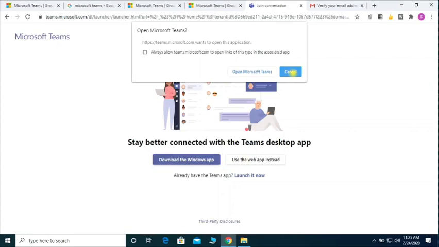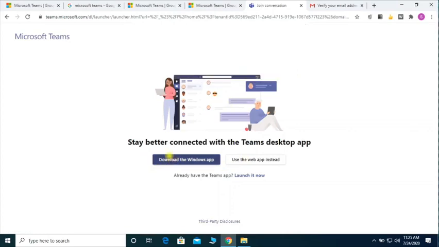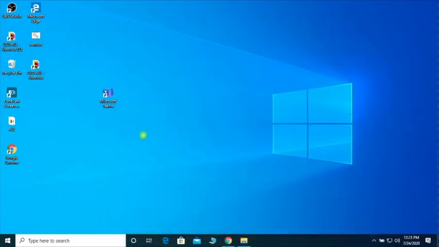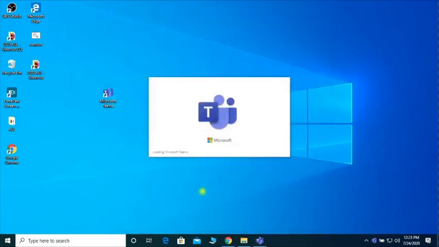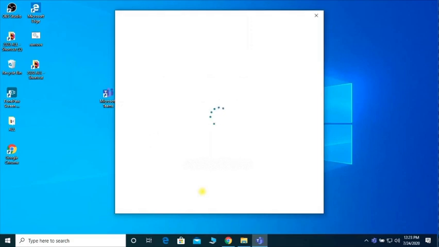If you haven't downloaded it, click on the download option, then it will give you this type of window. Okay, so the icon is there, so I am opening that one. You can use the same user ID and password. So click on that user ID option, then click on sign in. After entering your user ID or Gmail account or email account, enter that, then enter the password.